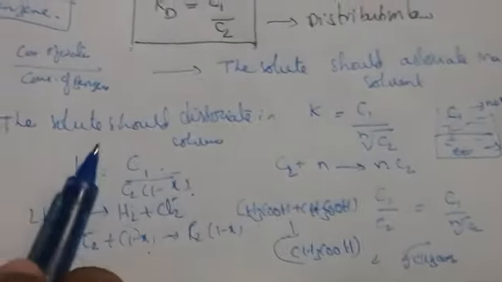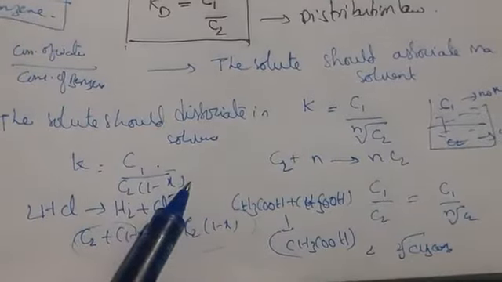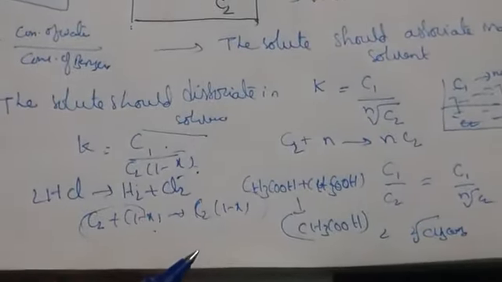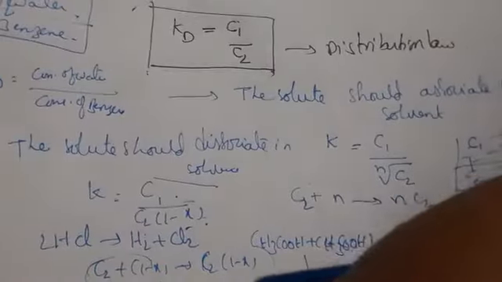Okay, so here what happens? The solute should dissociate in the solvent. So what is the equation we are getting here? K is equal to C1 by C2 into 1 minus x. Okay, so if these are the two conditions, the next condition we are going to have here is,